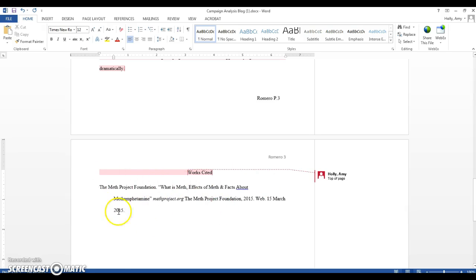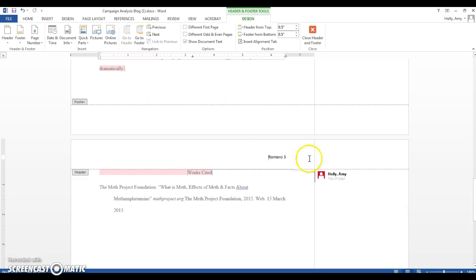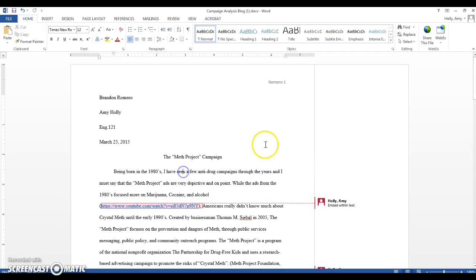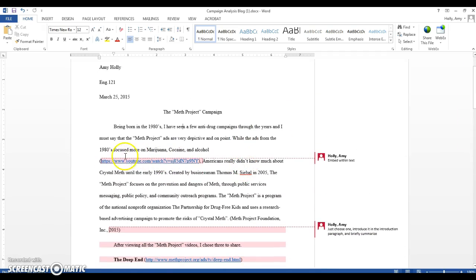So this would be your MLA accurate works cited there, and then you would not continue to include these page numbers at the bottom or top of every page because you've actually got them in your header now like we did before. Okay, so just jumping into your essay, one thing I'll point out is that all of your links